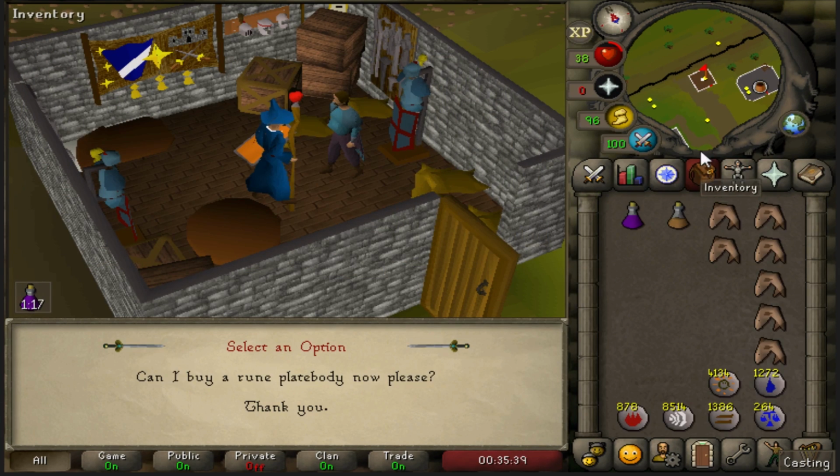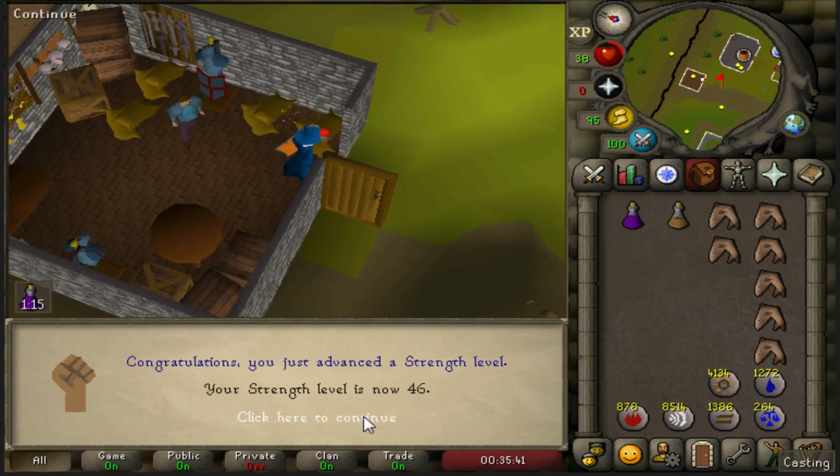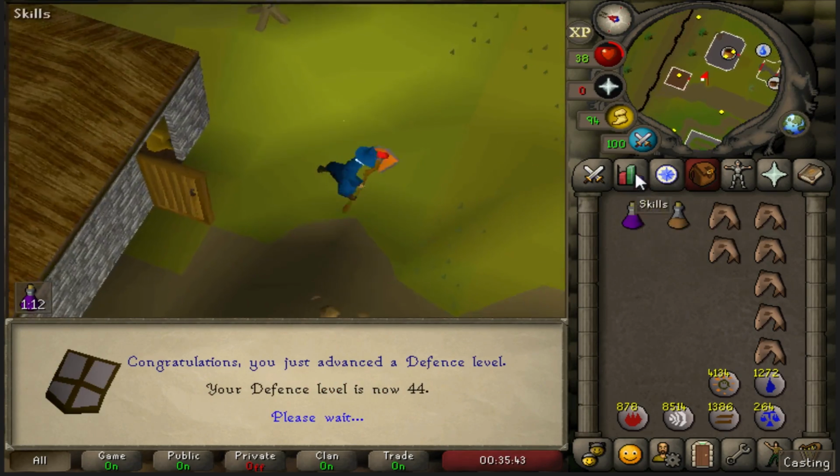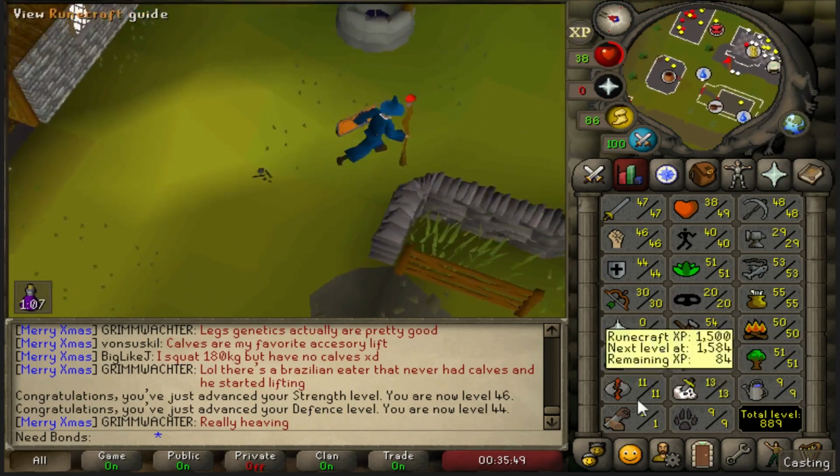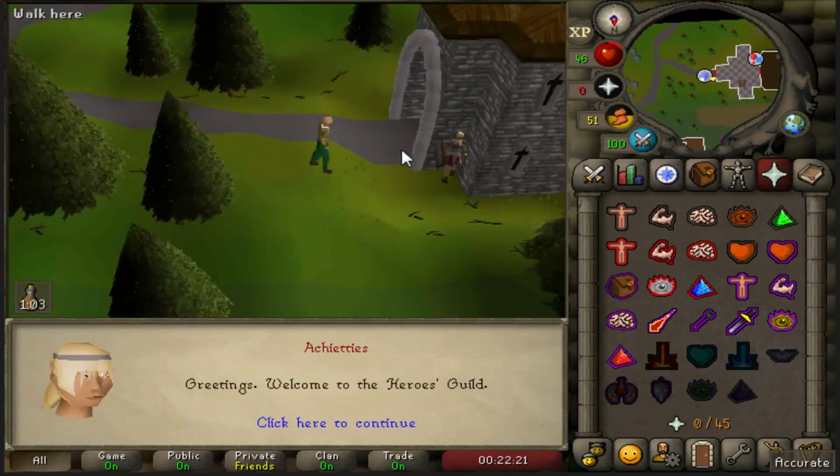I don't want to buy any rune plate bodies, but let's see the XP that I did get. 46 strength and 44 defense. Nice little levels there. Closing in on 900 total, back with the end of Heroes Quest. And here we go, this is...